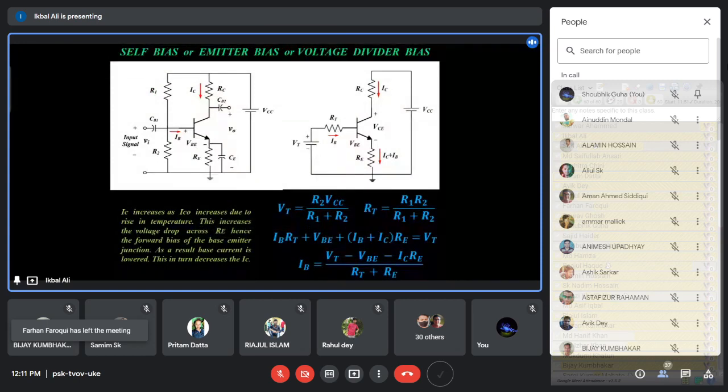Whatever we are discussing here regarding the transistor, all the concepts are similar for the other three-terminal devices. That means maybe a triode, maybe a FET, junction field effect transistor, maybe a MOSFET, metal oxide field effect transistor, maybe a complementary CMOSFET transistor. All the concepts will be similar. So if you can understand these concepts with the discussion of the transistor, the similar concept is also applicable to the other three-terminal devices.